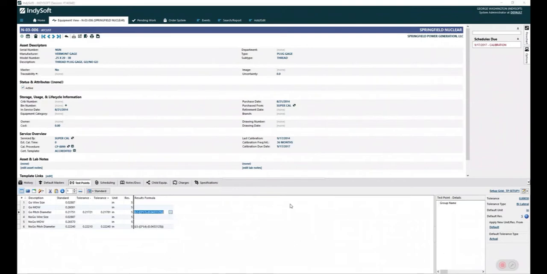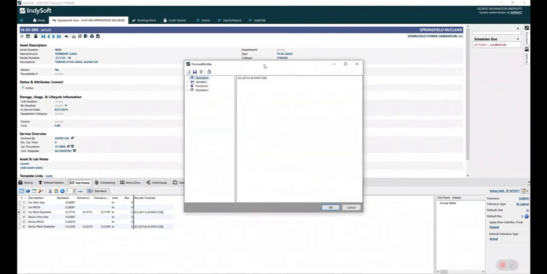So we open this up here. This shows you our formula builder. So L1 is pulling in from whatever value is entered into the results on line 1. L2, same thing. That comes from L2. So basically what we're saying here is whatever was entered into L2 minus 3 times whatever is entered into L1